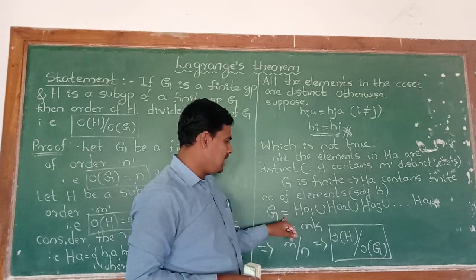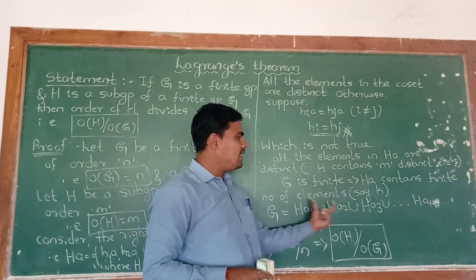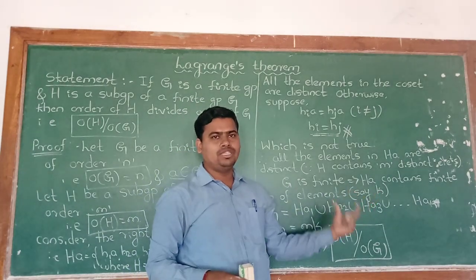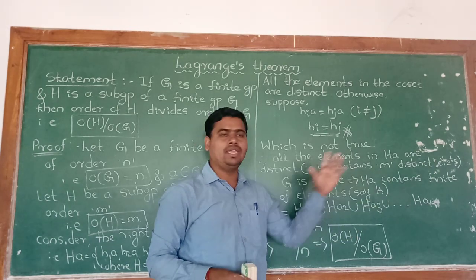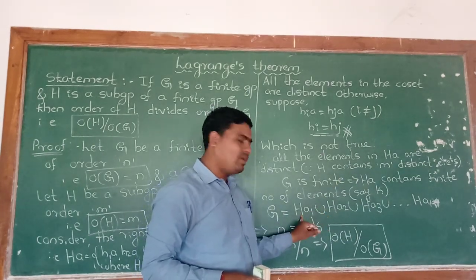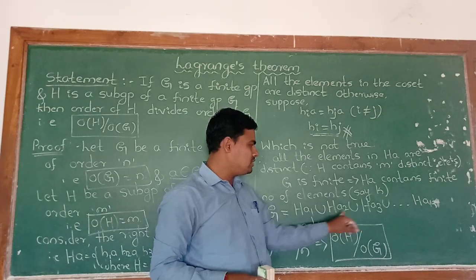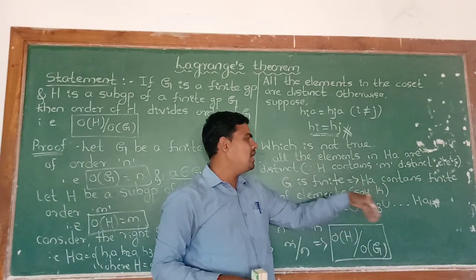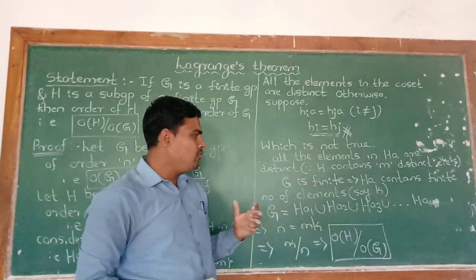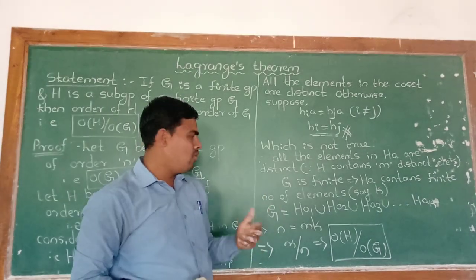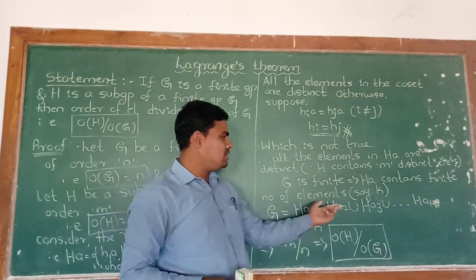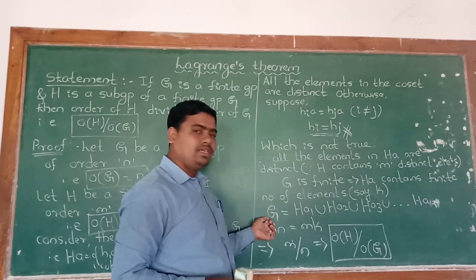Therefore, G can be written as the union of all the right cosets of H in G up to Hak. Ha1 is one right coset, Ha2 is another right coset, Ha3 is another coset, and so on up to Hak. If you make the union of all the right cosets of H in G, we get the complete group